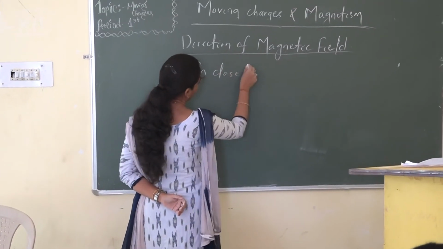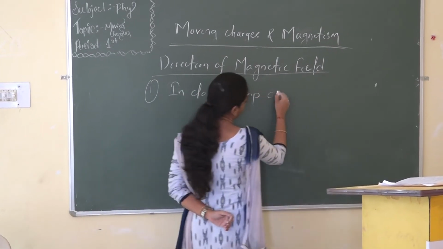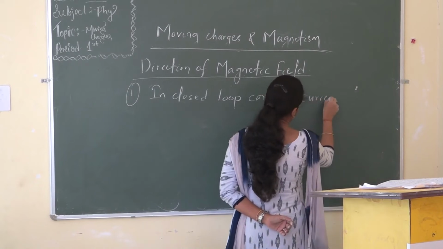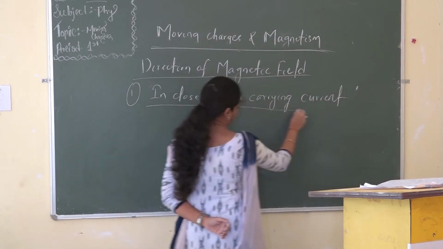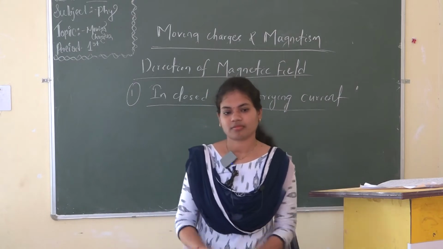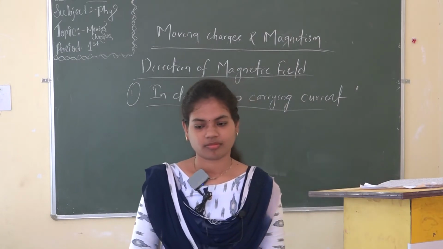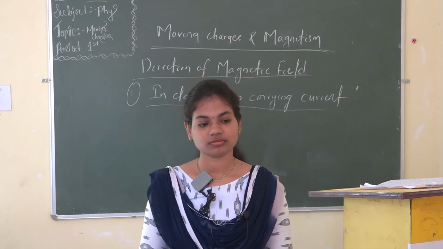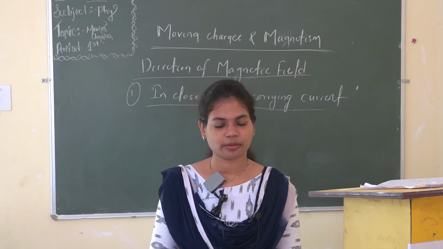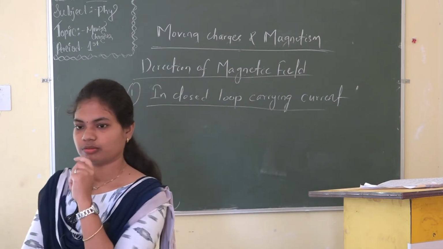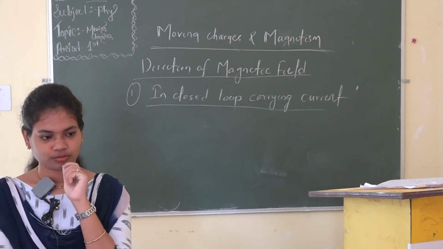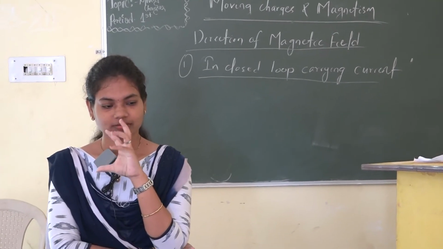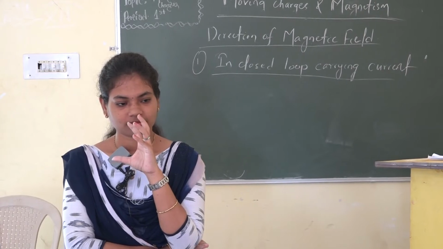What do you mean by closed loop? The circuit is closed. What do you mean by loop? Loop means some formation, something that happens again and again. In the electrostatics chapter, you have already read this. A closed loop means a closed circuit. When it is closed, nothing goes outside.